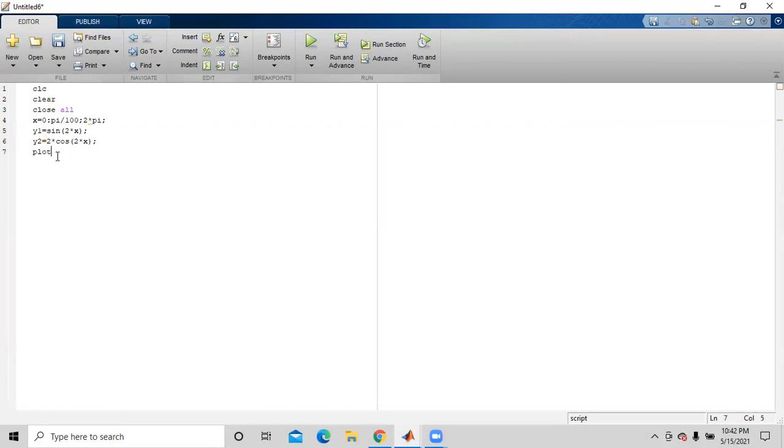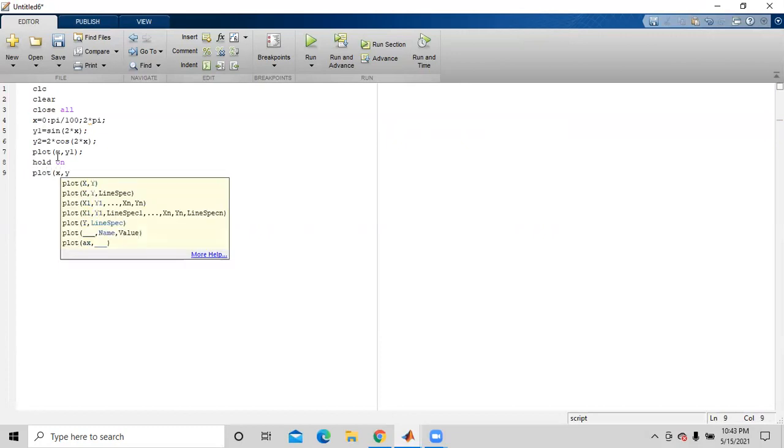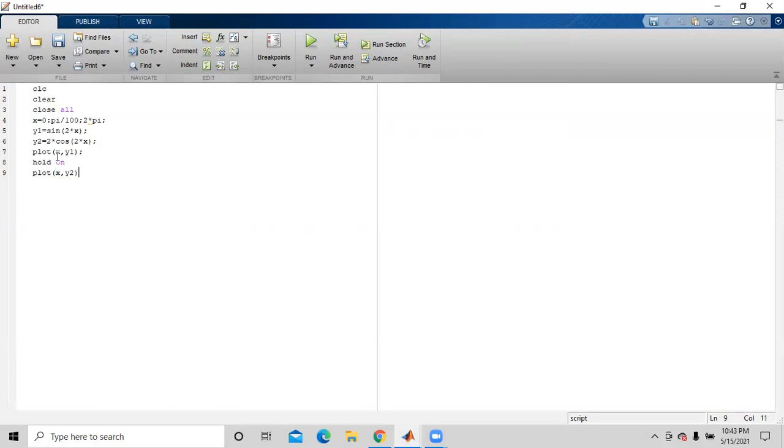plot x comma y1, hold on, x comma y2, right.